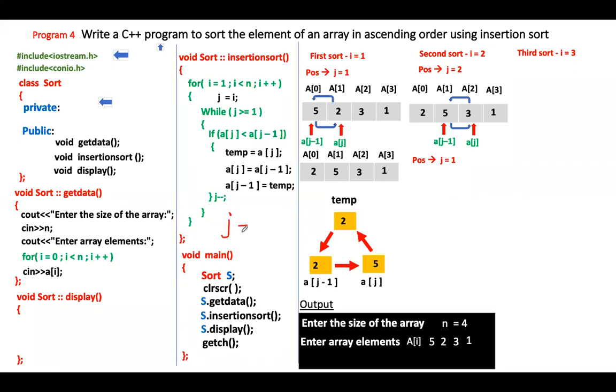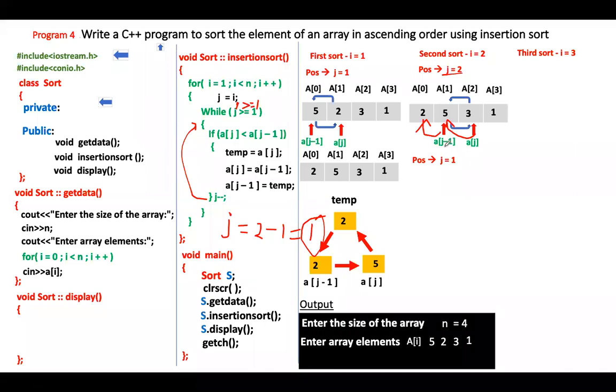So the j value was how much? 2. See, it is 2. If you write minus minus, 2 minus 1. How much is it? 1. Now it will go again to our while loop. Is 1 greater than or equal to 1? Yes, it is not greater, but it is equal to 1. So what will it do? Now this cursor, which is pointing over here, will be pointing over here and this will be pointing over here. Why? Because the j value has become 1 now. So this pointer will shift to here.